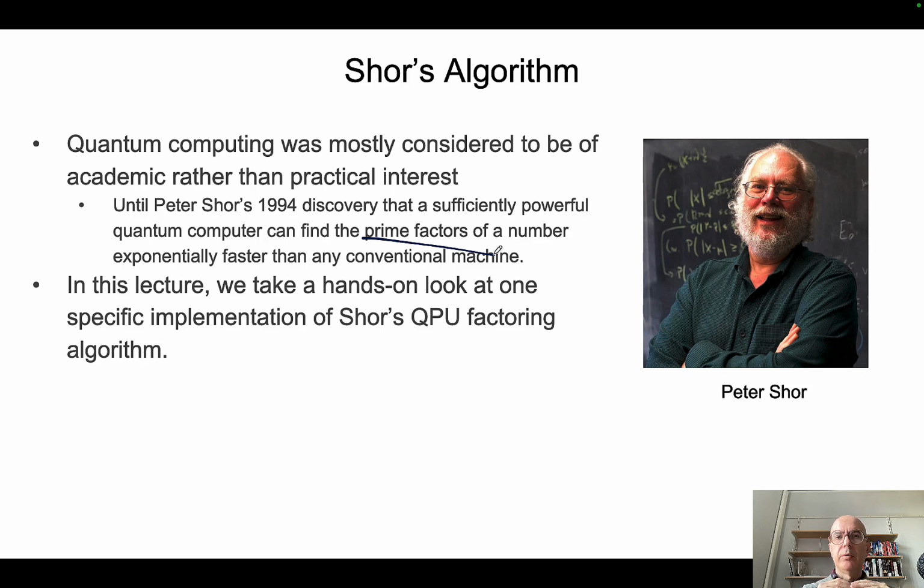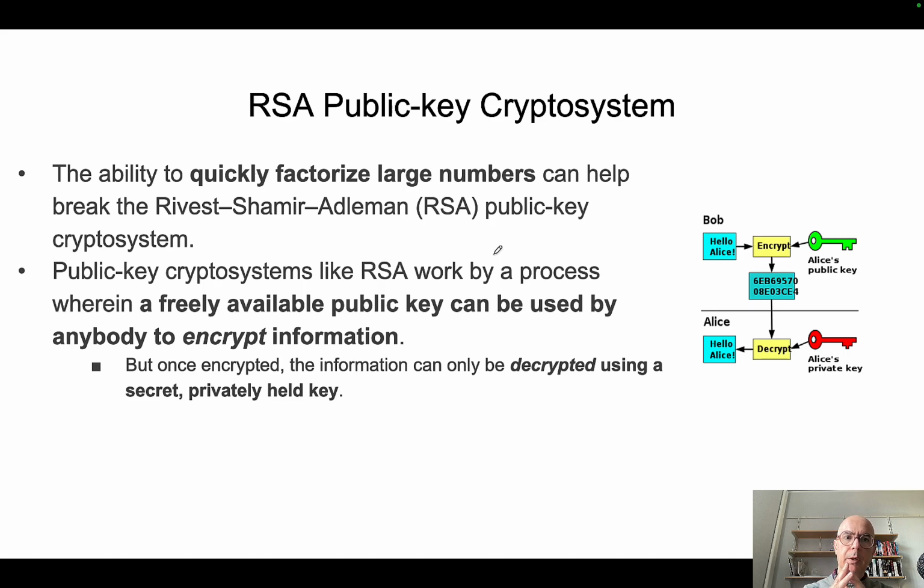In this lecture, we're going to look at the basic principle of Shor's algorithm, and look at more practical aspects of the algorithm. So why is Shor's algorithm important, and why is factorization into prime numbers important? Well, it is important because the ability to quickly factorize a very large number can help in breaking the Rivest-Shamir-Adleman, or RSA, public key cryptosystem, which is the base of all the cryptosystems used today, for instance